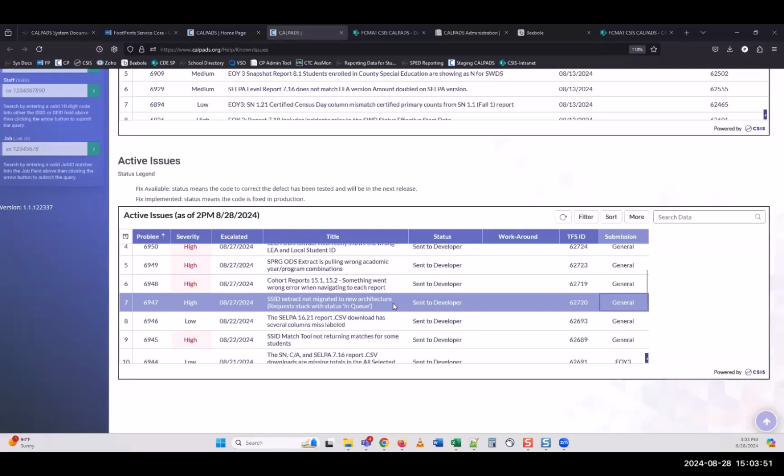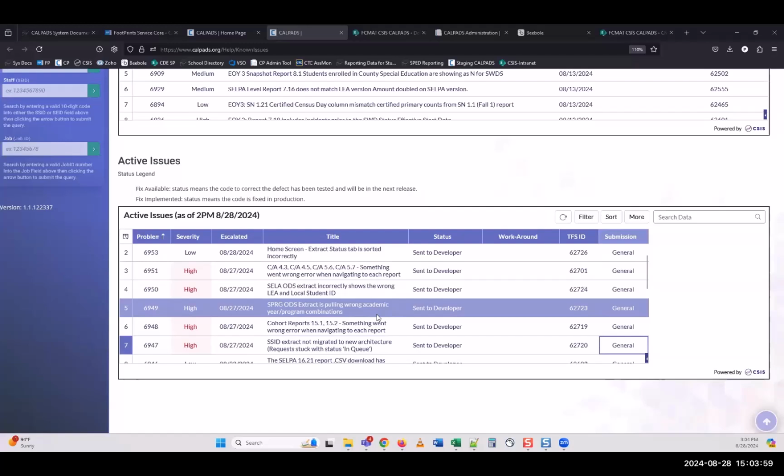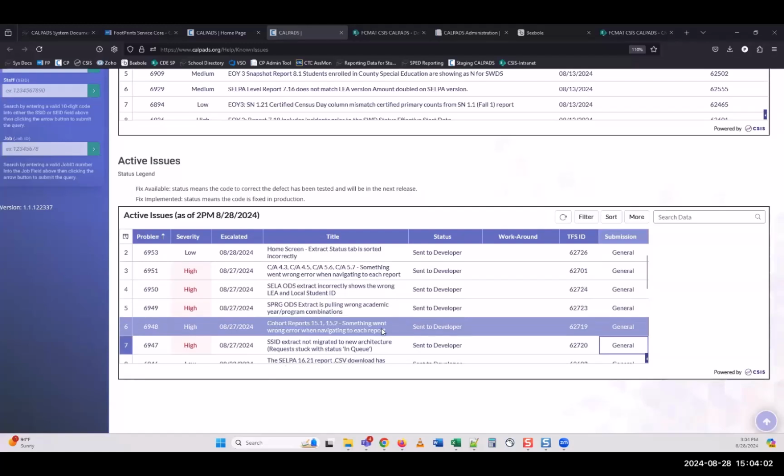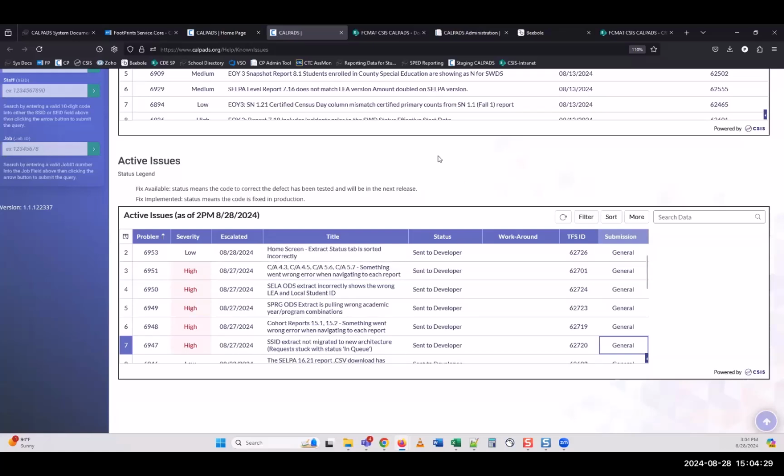And then you'll see on the known issues that Paul has open, and I think we have a few more coming, there are a few ODS reports that are not quite working right. I believe in the queue that's not on there yet are 1.17, 8.1, 1.3. They're all having similar issues where they're pulling in historical students or historical student programs from other LEAs. Similar with the SPRG extract, and I want to say the SELA extract is also having a few problems. So now that the SSID problem is fixed, I imagine they're going to shift gears and focus on those issues. And that was all I had, Gary.